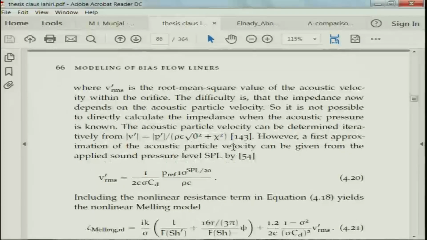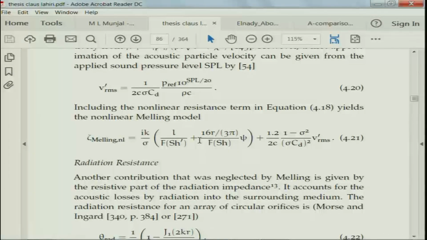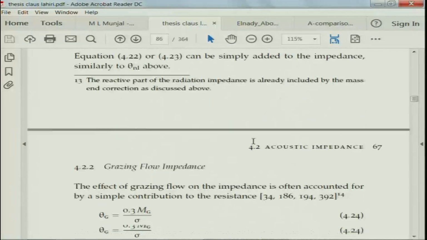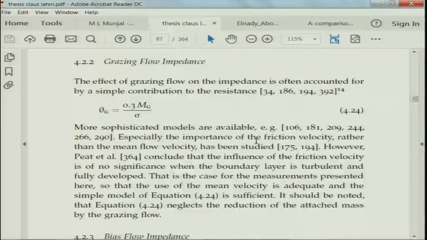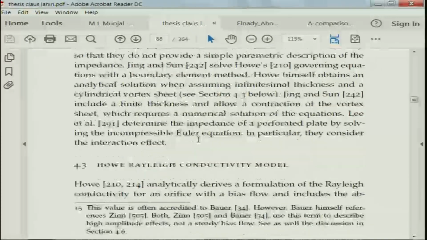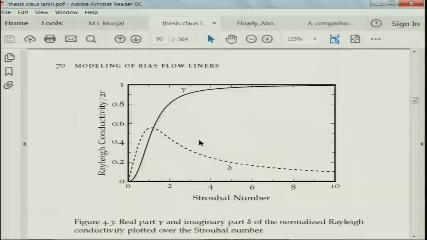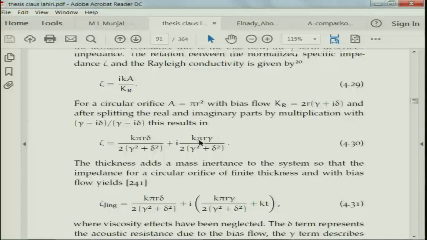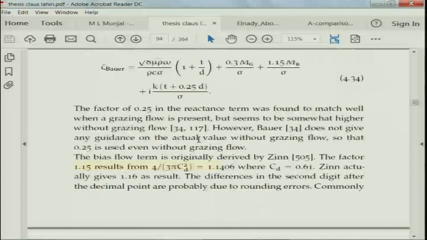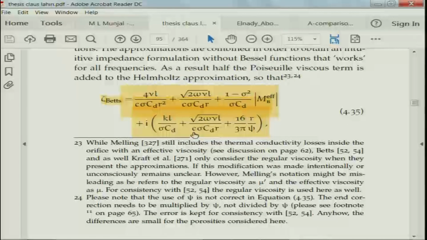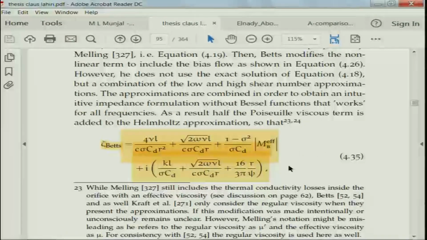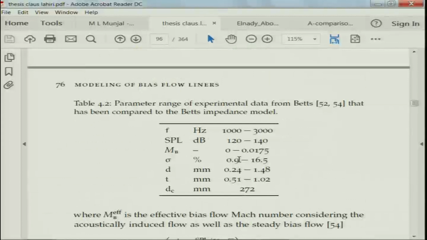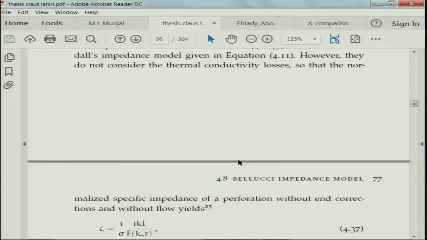So, it is pretty hard to review all of them right now, but just for the sake of knowledge, it is good to understand this, as this is a more comprehensive formula involving resistance as well. Then you have grazing flow impedance models, and a large number of such models are there. So, an entire thesis is devoted to that. Now, I will just go through that. Maybe the people who are interested can read it. For example, Bett's model is this thing, where there are some expressions one needs to understand.